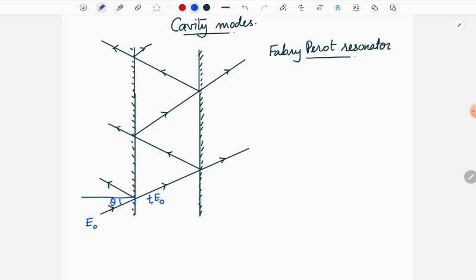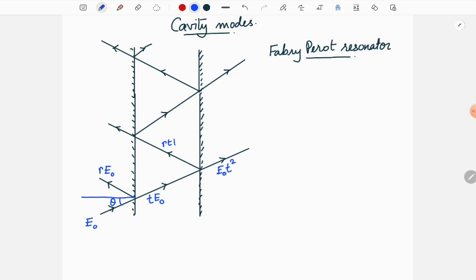And then of course we have an identical reflector here, so the part that goes out on this end is E naught t square. But of course we have the reflected components as well. Let's say the fraction of reflection of the electric field is given by small r, so then this part would be r E naught, and here it would be